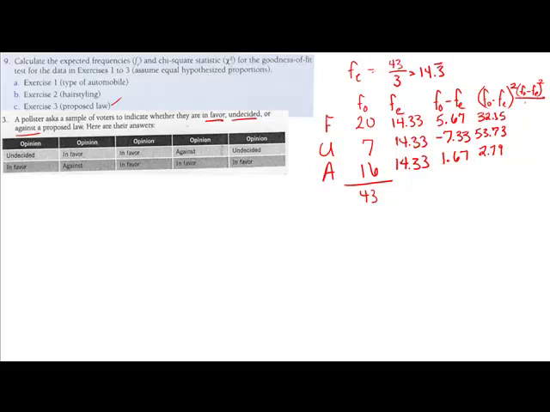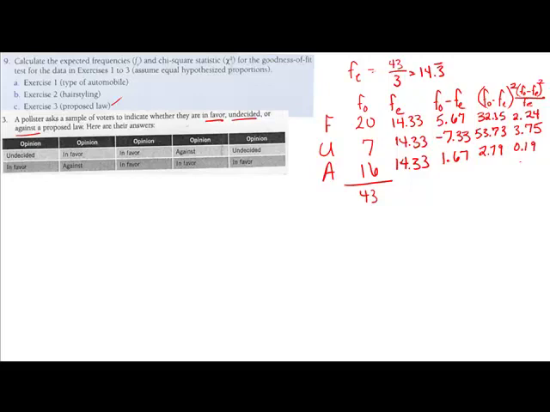The next step is to take frequency observed minus frequency expected squared, and then divide that by frequency expected. So 32.15 divided by 14.33 leaves us with 2.243, so let's call that 2.24. 53.73 divided by 14.33 leaves us with 3.749, let's call that 3.75. And 2.79 divided by 14.33 is